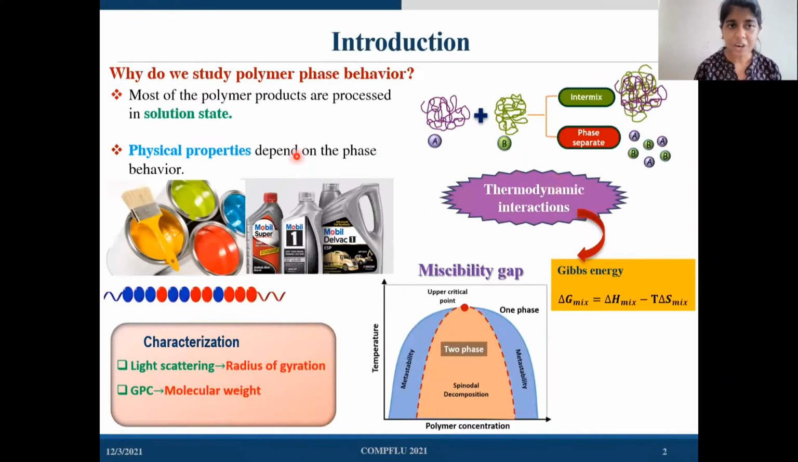To start with, why do we need to study polymer phase behavior? Because most polymer products are processed in solution state, where we need proper mixing of the polymer in a solvent or with other polymers, and this can result in a homogeneous solution or a phase separated solution. But phase separation can cause non-uniformity in the physical properties and affect the final performance of the product. So we need a better understanding of the phase behavior, and it is utilized in various regions of the polymer